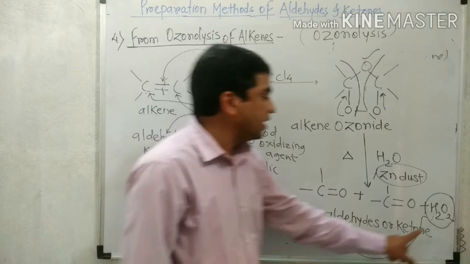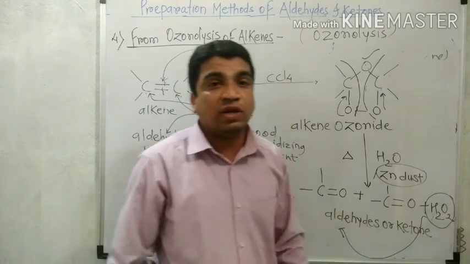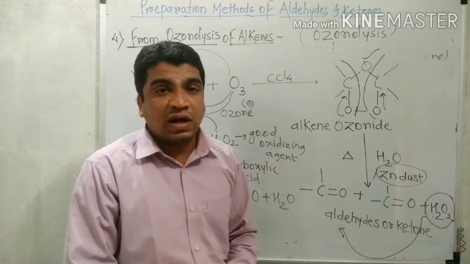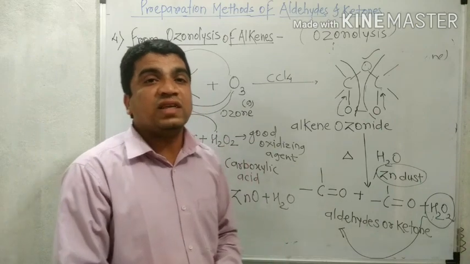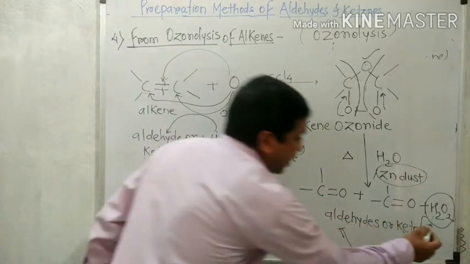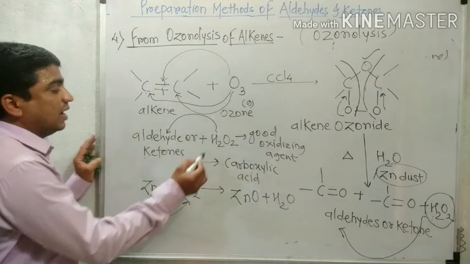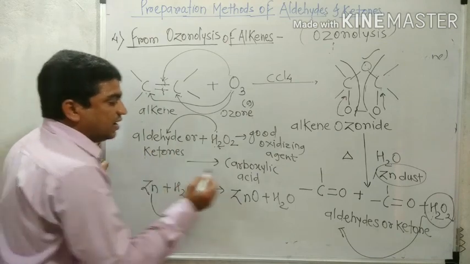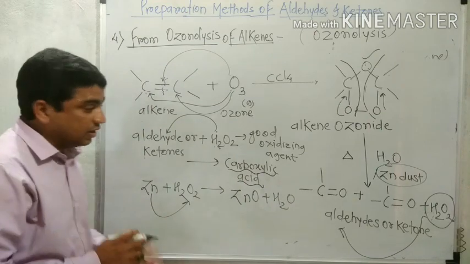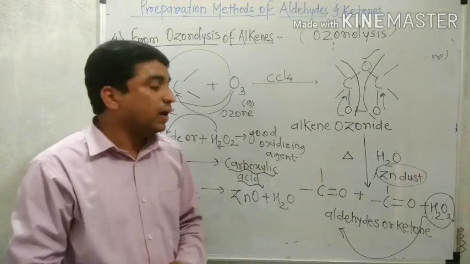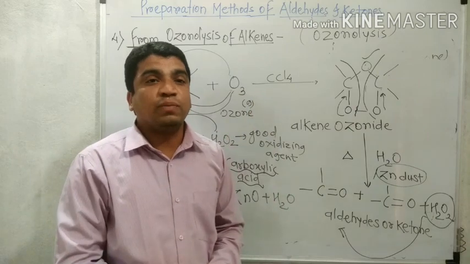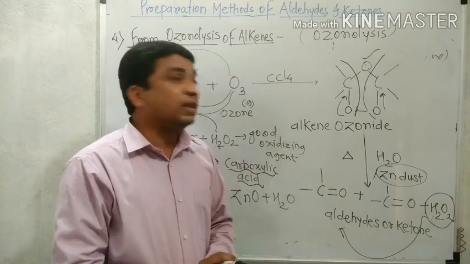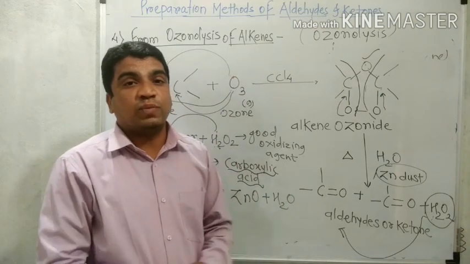But the important thing in the reaction is that H2O2, hydrogen peroxide, forms in the reaction as a byproduct. And what about hydrogen peroxide? Hydrogen peroxide is a good oxidizing agent. If hydrogen peroxide remains as a byproduct in the reaction, it oxidizes aldehyde and ketone into the corresponding carboxylic acid. Therefore, if such processes happen, no aldehyde or ketone is prepared from the process. So we want to avoid the formation of hydrogen peroxide, H2O2, in the reaction.